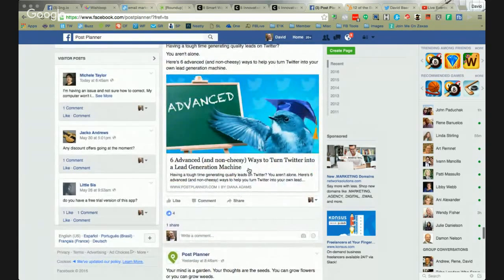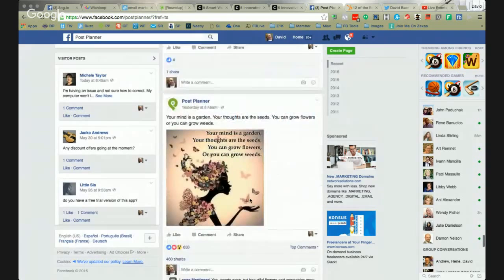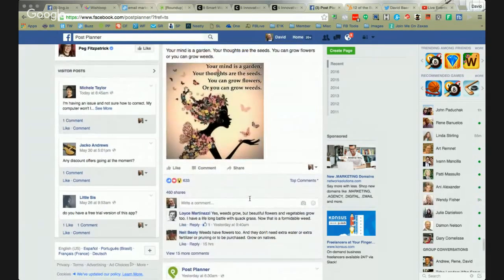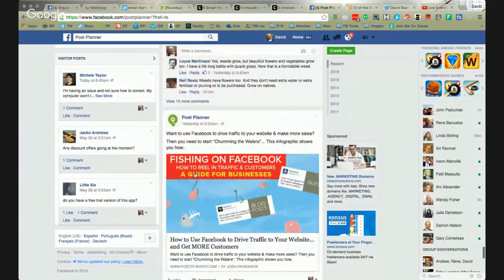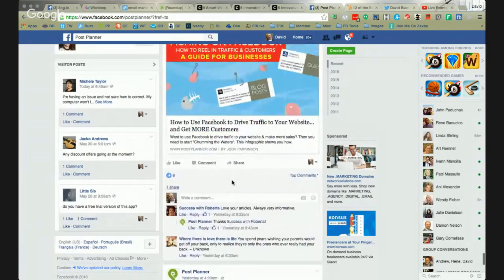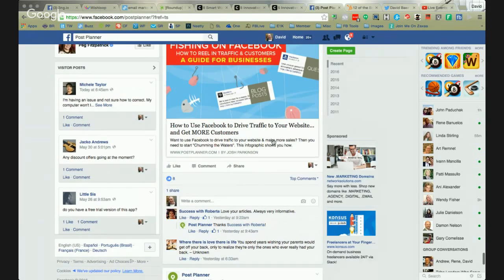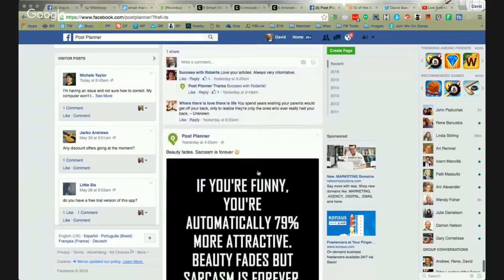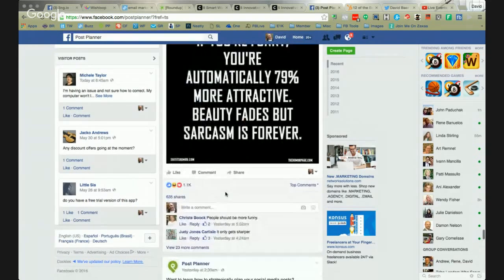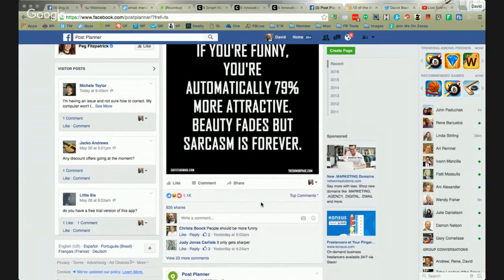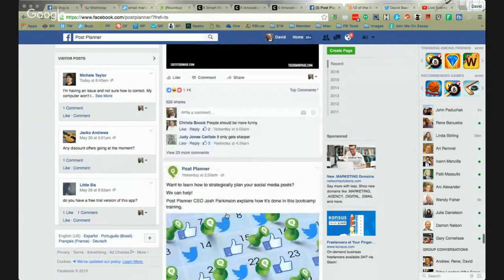So these are the tricks here. I'd want to find something that is going to get the relevant attention of people who are interested in this post, that I can then send to something that is sort of similar. Finding something relevant that I can find a lot of shares and likes and comments on is really my goal here.